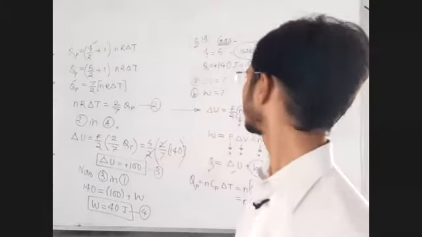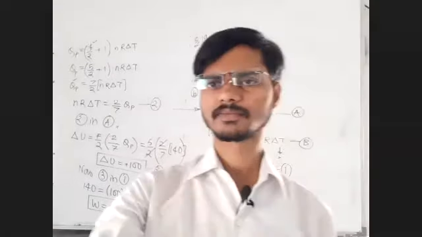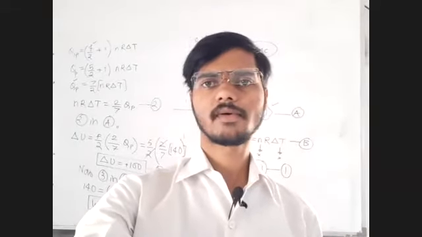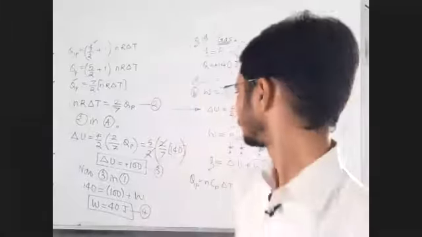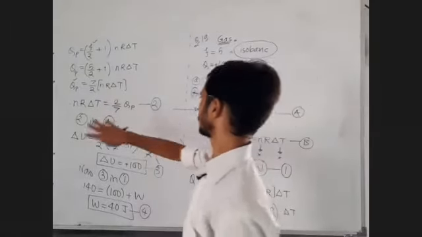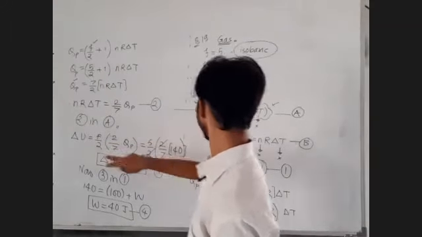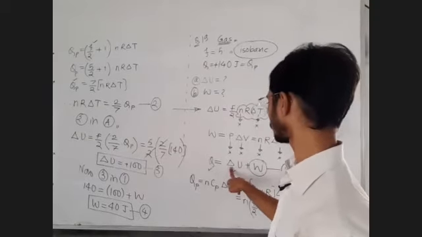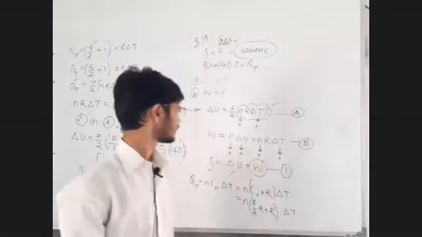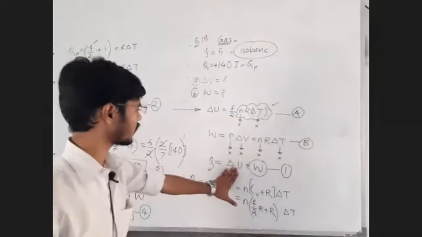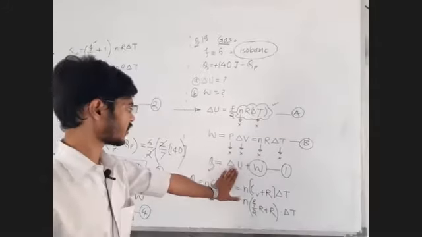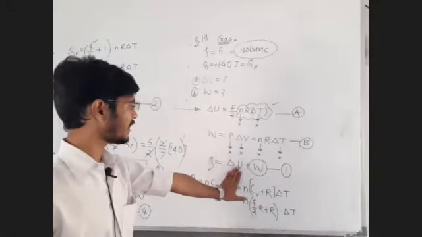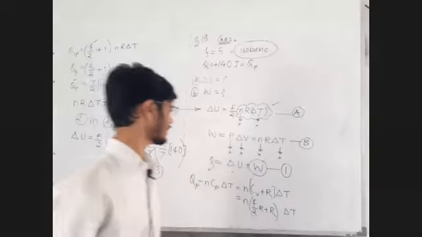Q is equal to F by 2 W plus W. Yes, you can write that. But see, what you are doing is this. You are writing all the formulae in terms of W. Means you want to write delta U in terms of W. That is also fine. After finding out delta U in terms of W, you will be having only one equation, one unknown, Q and W. That can also be done.